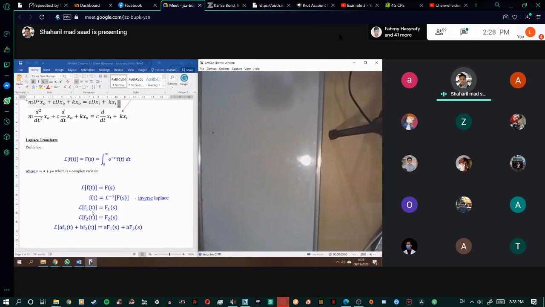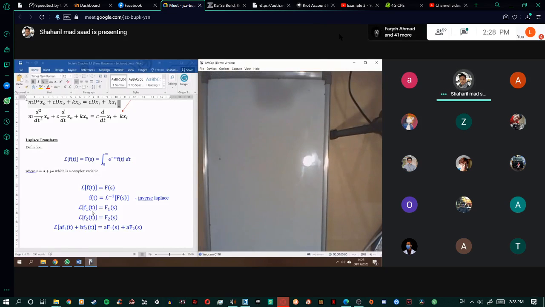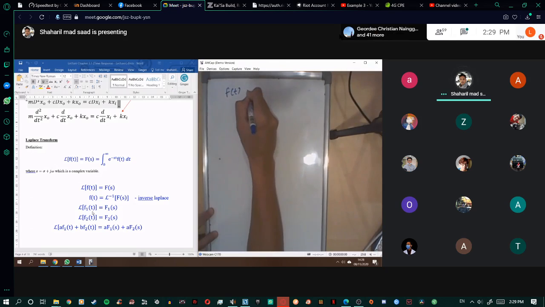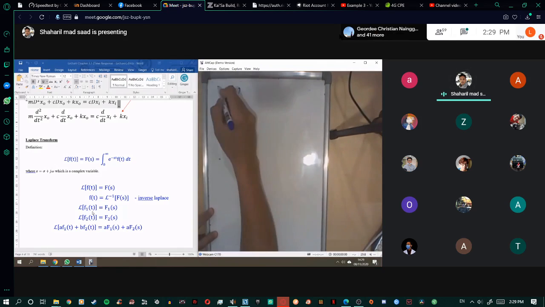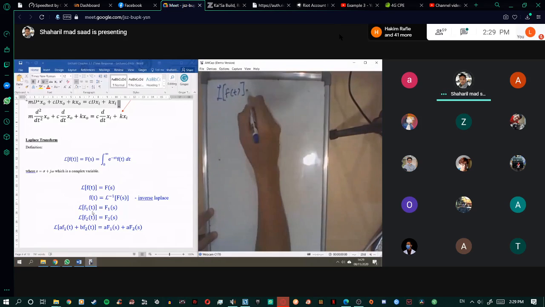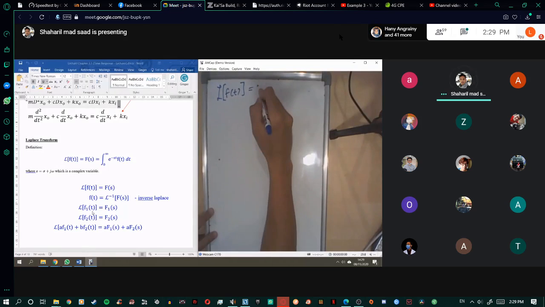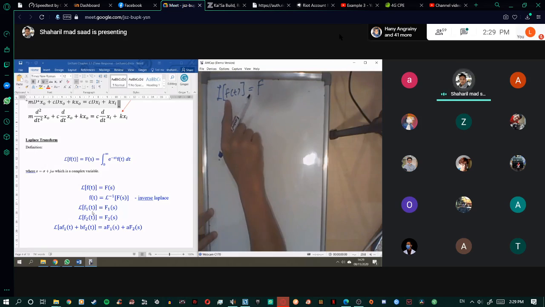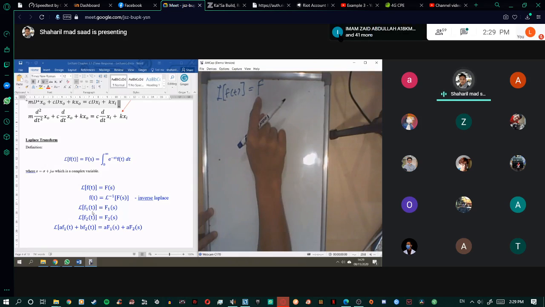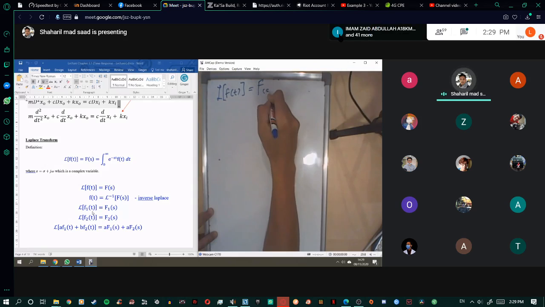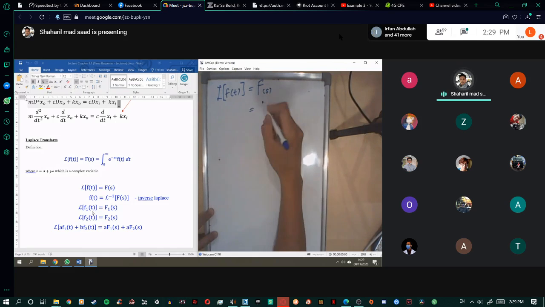So I hope that you already know about the Laplace transform. When you have a function, for example f(t), you can Laplace it. The symbol is L{f(t)}, so the small letter f becomes capital F, and the domain is s. F(s) is equal to